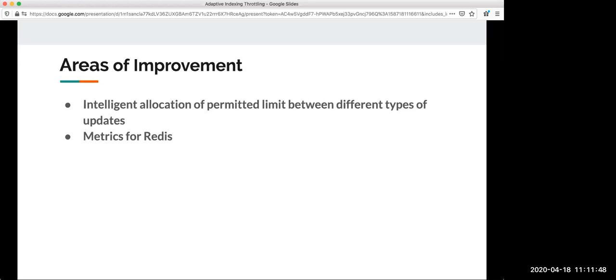So this is a closer proxy of what we're trying to solve. So the idea was probably we can look into the services which call these data stores and gather metrics from there as compared to the data stores directly. So these are the two areas of improvement we are looking at right now.